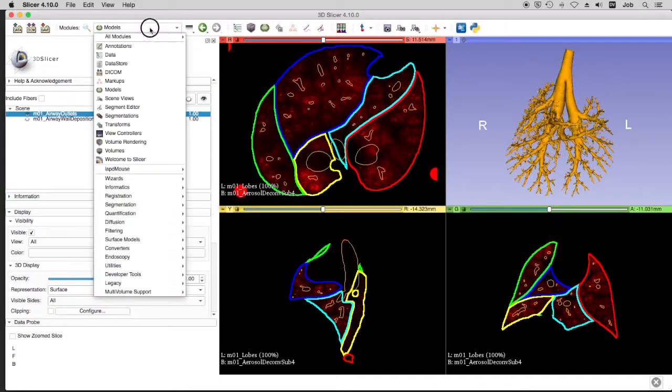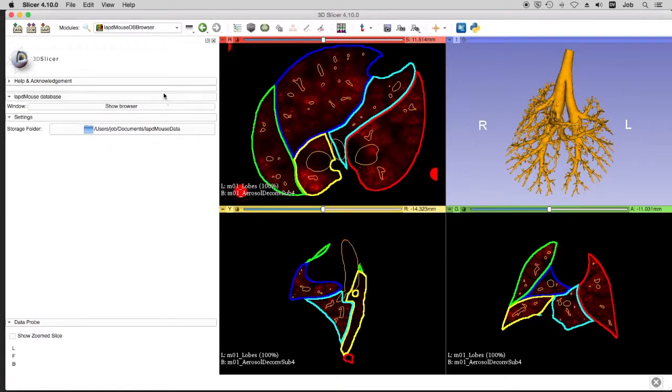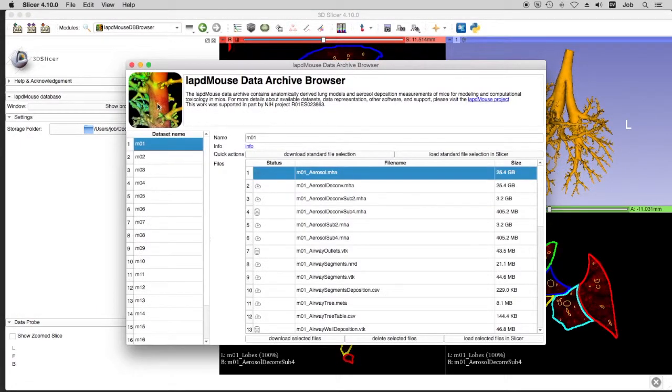Now let's go back to the lapdMouse database browser module and open its modal window via the Show Browser button. Previously, we used the Load Standard File Selection and Slicer button to load a few of the commonly used files from the lapdMouse archive, but there are many more files that might be of interest to you and can be visualized with 3D Slicer. To help you select files you're interested in, visit our website,